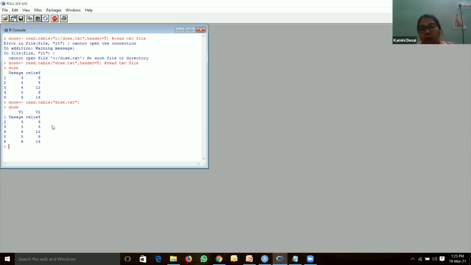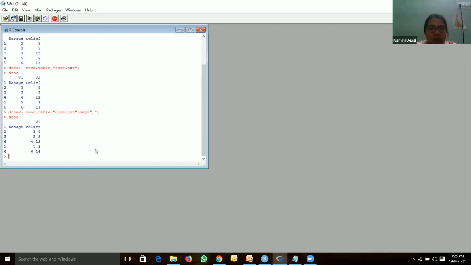If we give data input in our text like 3,9 3,5, then you have to define here sep is equal to, in brackets, comma. Okay. Now it will not read this because there is no comma in the data set. If there is a comma in the data set, it reads that particular comma and gives two separated columns.